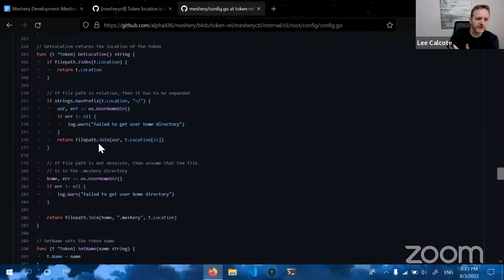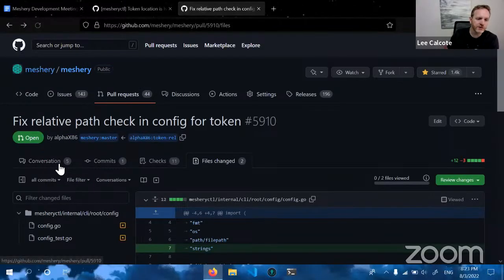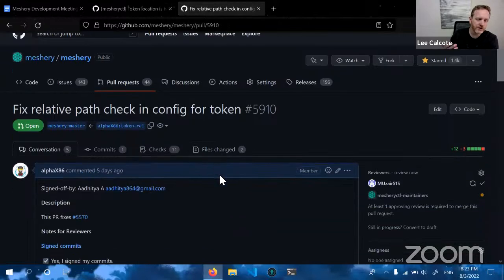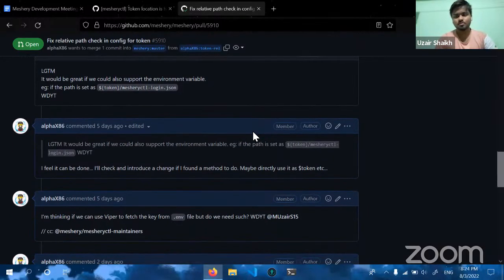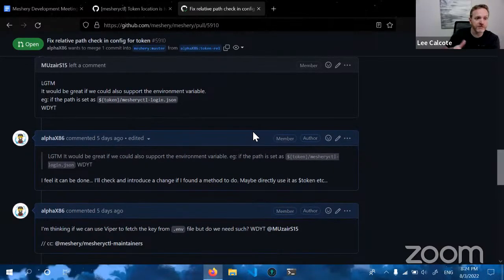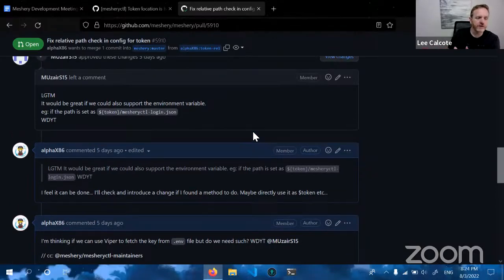Uzair mentioned it. Uzair, did you have a use case for it, or was it inconvenient to use the mesh config? I was thinking that if a user is using Meshery to manage their application, they would have a directory or path where they are storing all their API keys and tokens. So there as well, they'll be storing the Meshery token too. Oh, that's nice, that makes sense. And that is configurable in mesh config today, because there's a file path inside of there that you can specify.